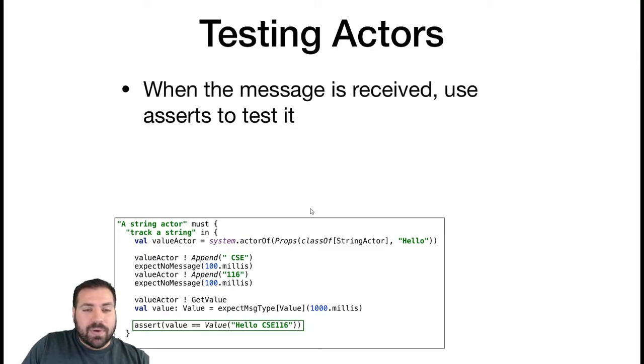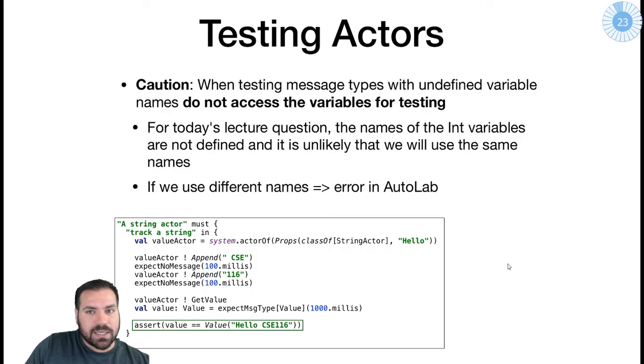So when we get the message, a message is received. We store it in a value here. Now we can do our asserts and make sure that message contains whatever we expect it to contain. In this case, we expect it to contain hello CSE 116. Started as hello, appended space CSE, appended 116. We should get hello CSE 116 in there. When we do this comparison,